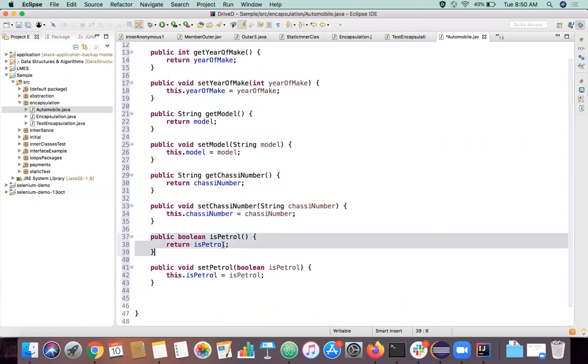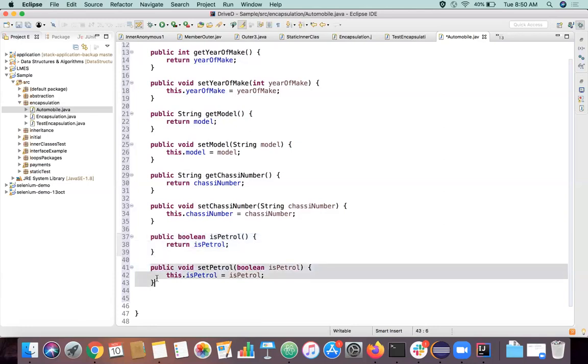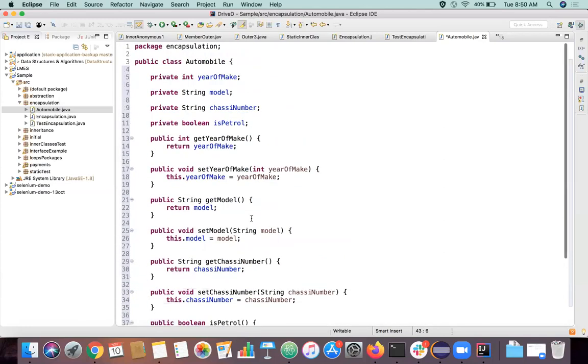So return is petrol. We return true or false. So through this way also you can generate getters and setters, and if I have some custom logic here, I can go and probably write it here. So this is also possible.